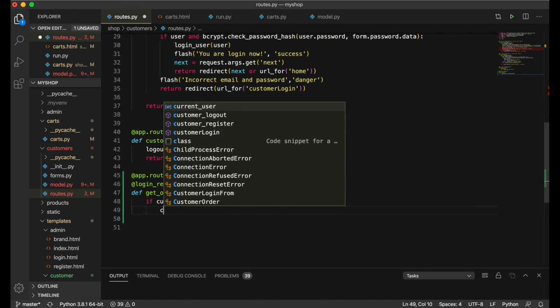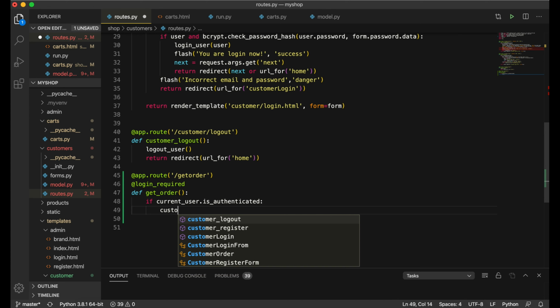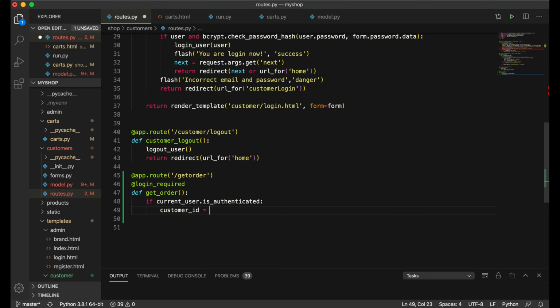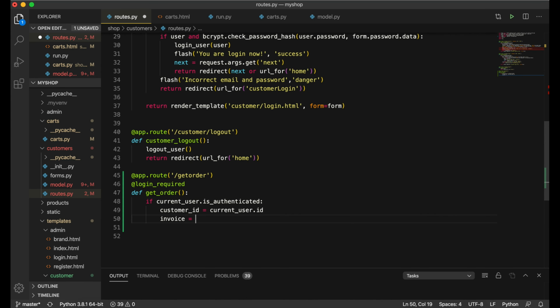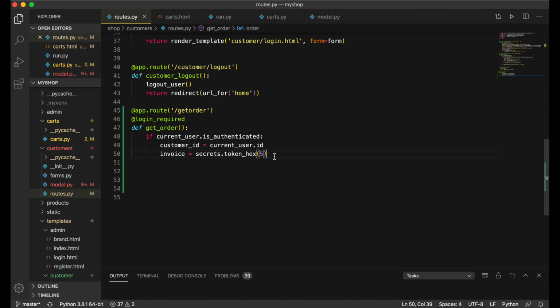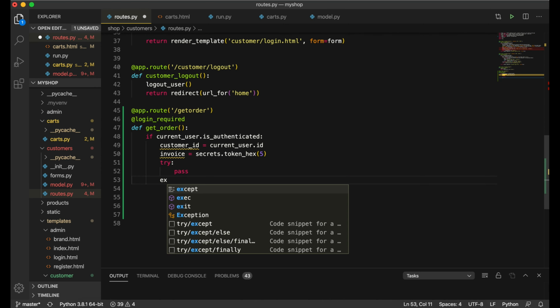Here I will write customer underscore ID. This will be equal to current user dot ID, and second I will write invoice, and this will be equal to secrets dot token hex, and this will have 5. This 5 will give us 10 characters of letters and numbers too. So after invoice I will write try and then pass, and here I will write accept